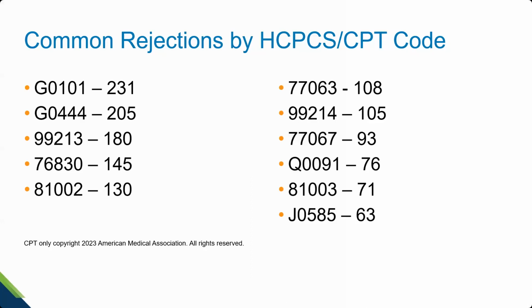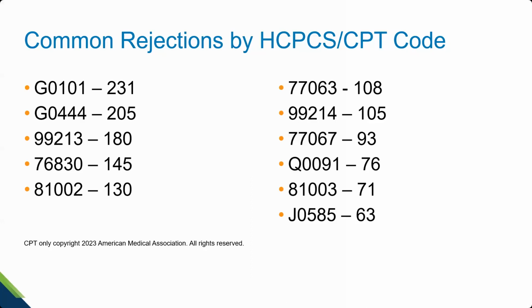Q0091, this is being denied most often because field 11 of the claim form must be completed and it wasn't. Field 11 is that field on a claim that asks, is there another insurance primary to Medicare? You can't leave it blank. If it's blank, the claim is going to reject. You have to enter something there. We recommend that you enter none if there is no other primary insurer to Medicare.